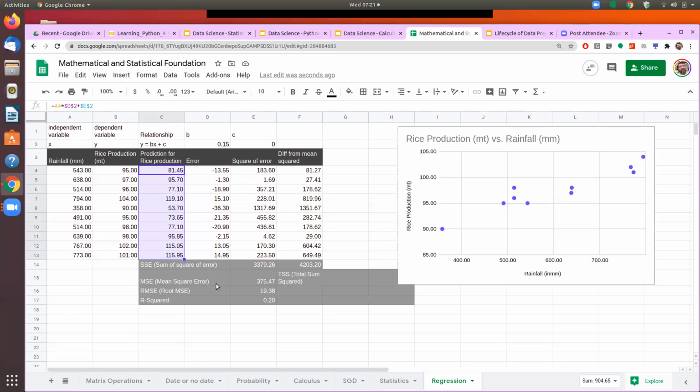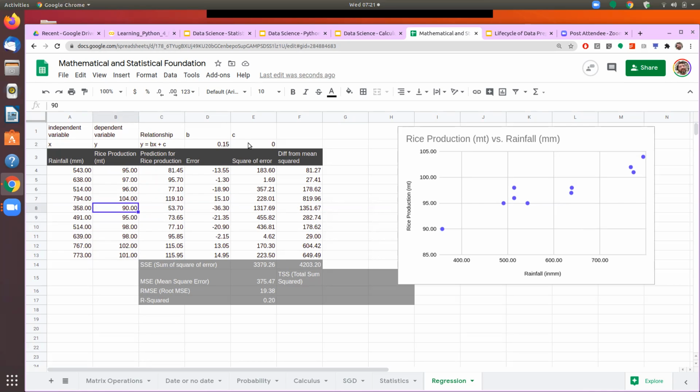Okay, then you see that maybe the lowest one is here, 90. So even if the rainfall goes down from 773 to 358, which means almost half or less than half, even then my rice production does not really fall, because here the actual production is 102 at the highest, and the minimum production is 90. Even though there is a substantial drop in rainfall. And the reason could be that a lot of rice production is actually not dependent upon the rainfall. There is an irrigation system and so on.